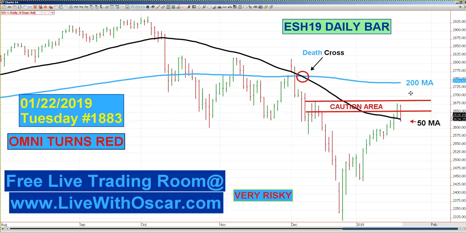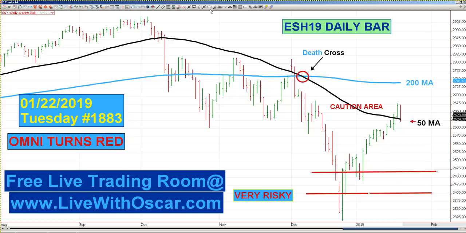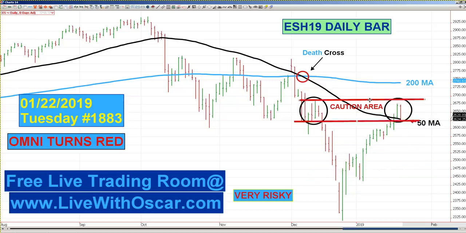And here we are. The market, as you know, has had this caution area. Now, in reality, the caution area basically starts at about the bottom of this level and goes right up to here. And if you really wanted to push it, it goes right to here. So why would that be the caution level that we've been talking about for such a long time? Because if you remove this out of the way and look at this simply, when the market broke, it broke from here. When it came back up, it's got to get above that area. It's that simple, and it did not.